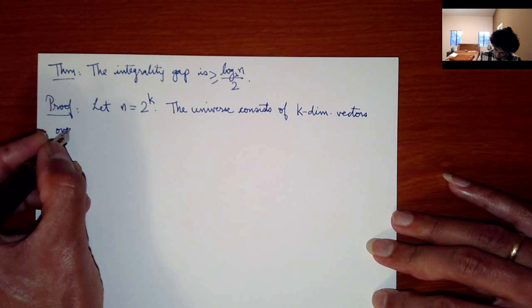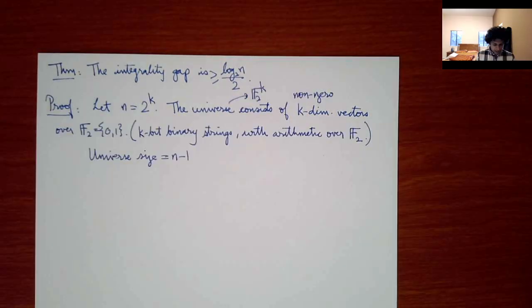Okay, so the universe size is n minus 1 because we didn't take the zero vector. We took everything else. So F2 to the k minus 1. That's the universe size. Okay, so I've told you the universe. Now I need to tell you the sets. Now the sets are also going to be indexed by the elements. So for every vector a in F2 to the k,